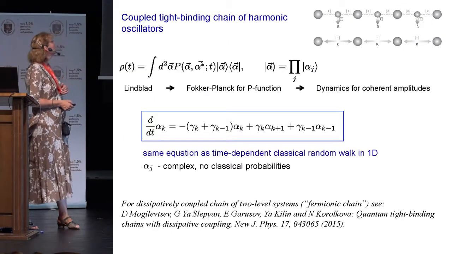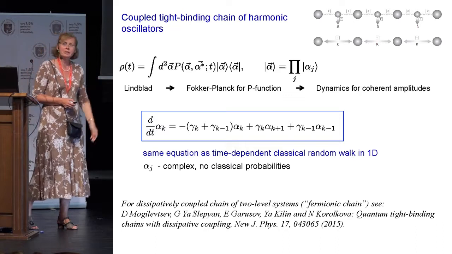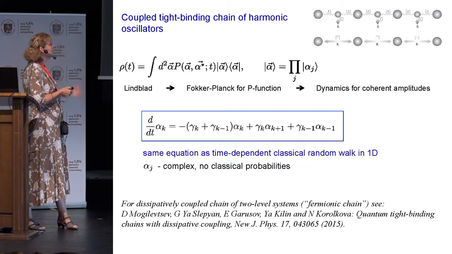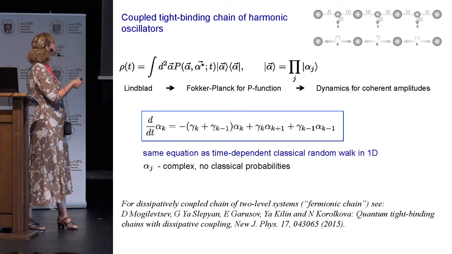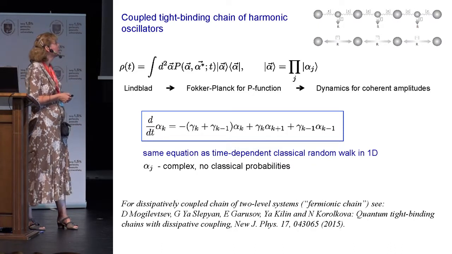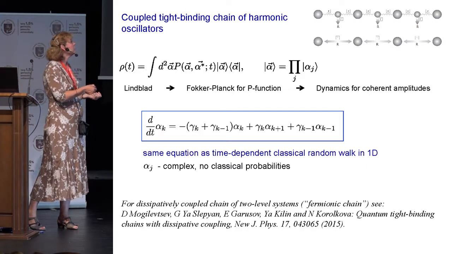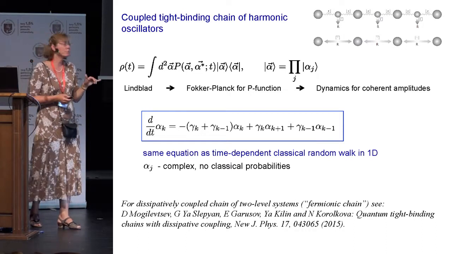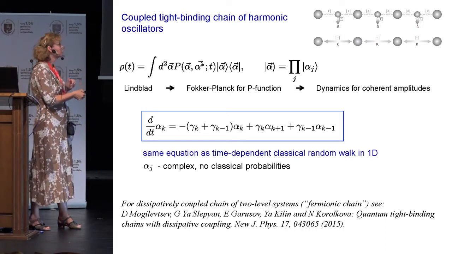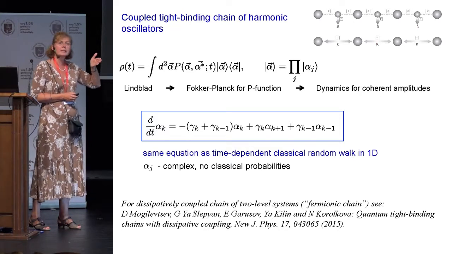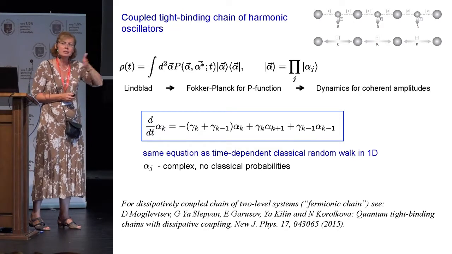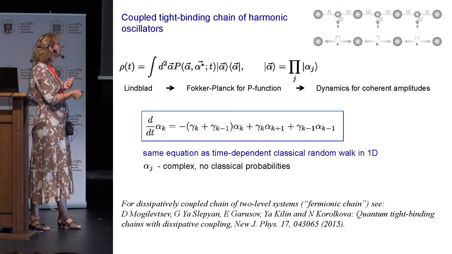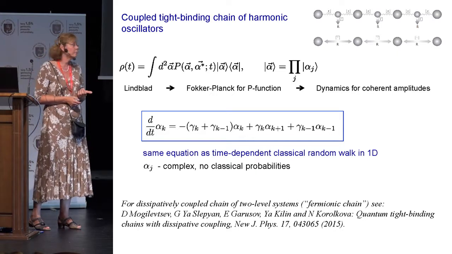And then what I can do, obviously, I can follow a textbook on quantum optics and go over from the Lindblad equation for density matrices to the Fokker-Planck equation for the P function, and now go to the dynamics of coherent amplitudes. And here we see a very nice result for our chain, for our simple system, because if you look at the dynamics of coherent amplitudes, I'm just thinking now about just coherent state excitations in each waveguide. So I see that it behaves like a classical random walk in one dimension.